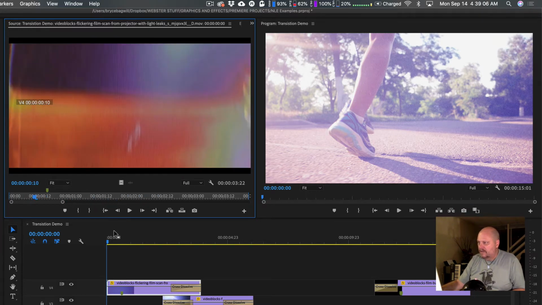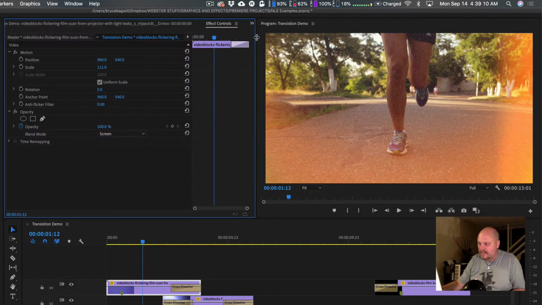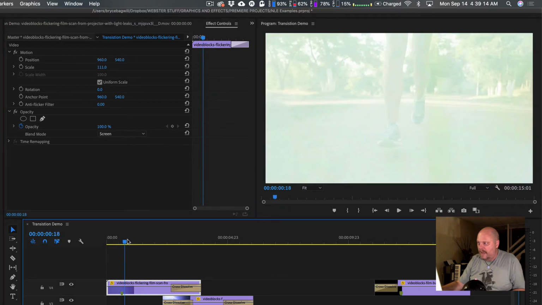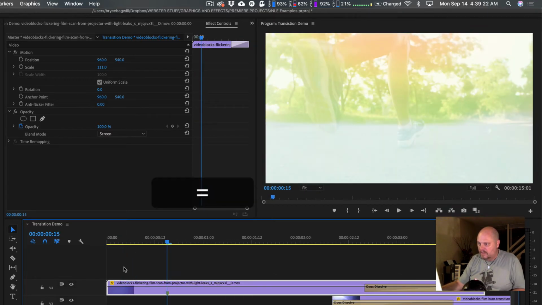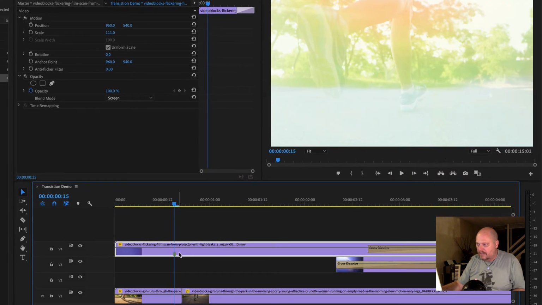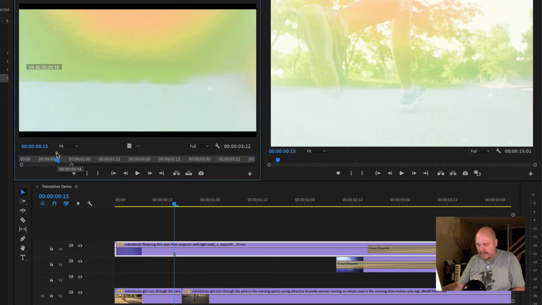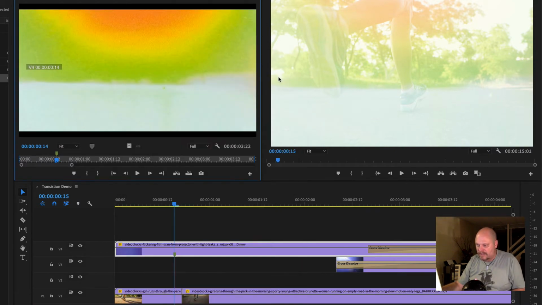So again, if I go to the effects controls, I can show you that it's on screen and that I sort of queued it up so that it would flash at the moment we change directions. That is the moment that was super bright. And of course, one method for doing that could be that I could go into the original clip and say, I think the biggest burst is right about here. I'll make an M for a marker,